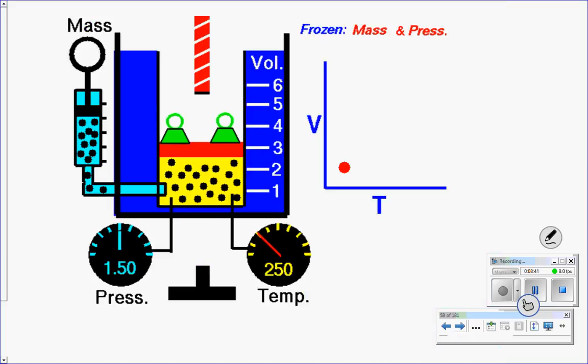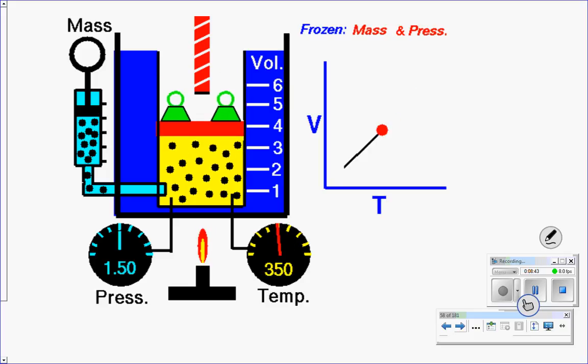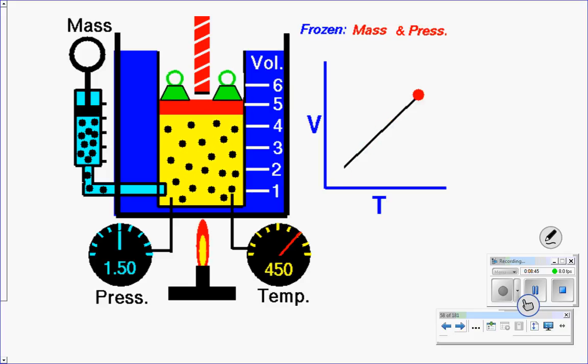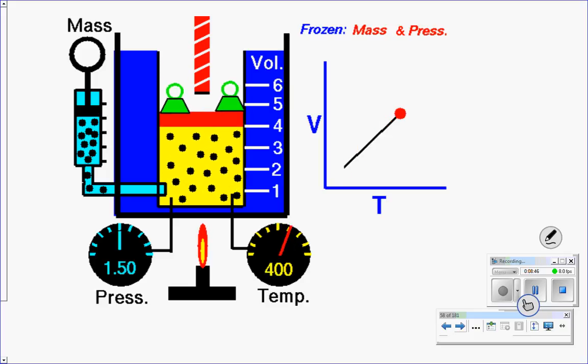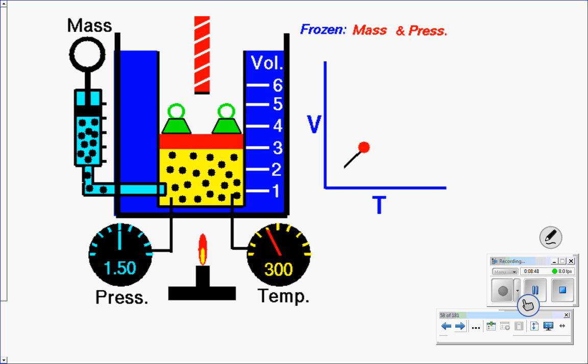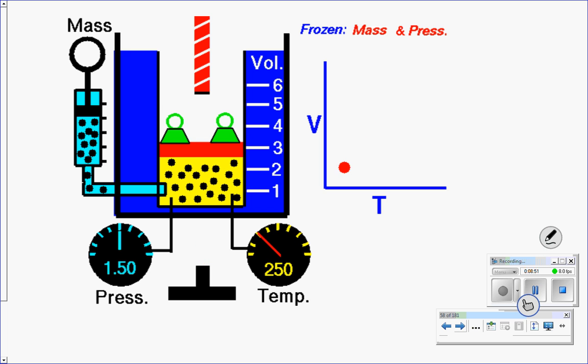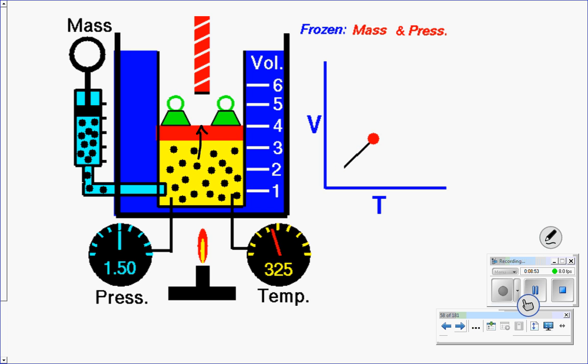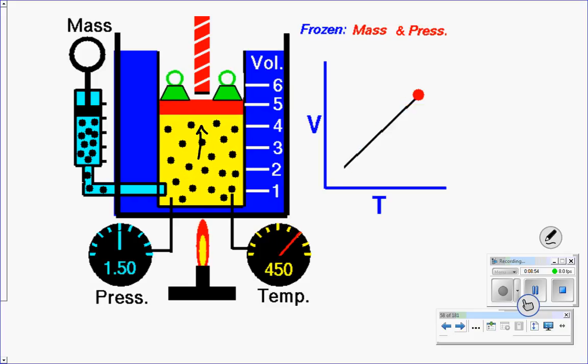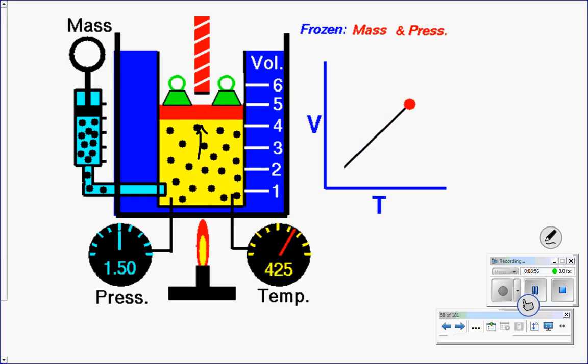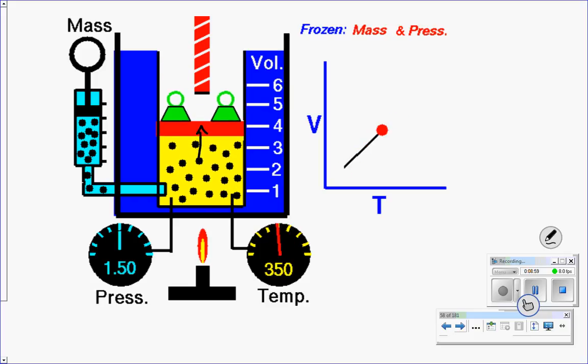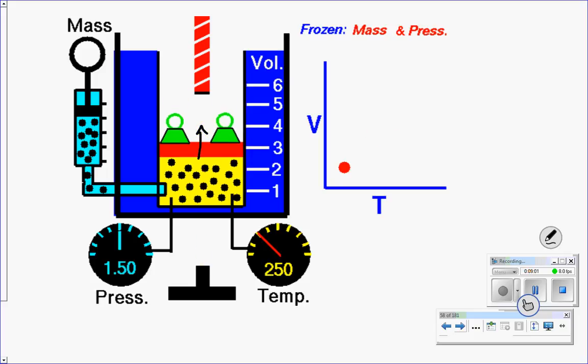So this diagram shows you heat up a sample of gas. If you have a flexible container, what's actually happening is when the particles move faster, these particles as they move faster right here are pushing this container up. So by having more kinetic energy, they're able to push on the sides of the container with more force, thus increasing the size of the container itself.